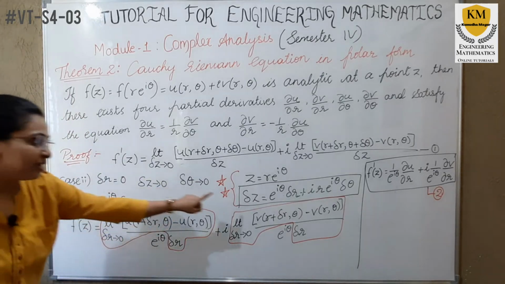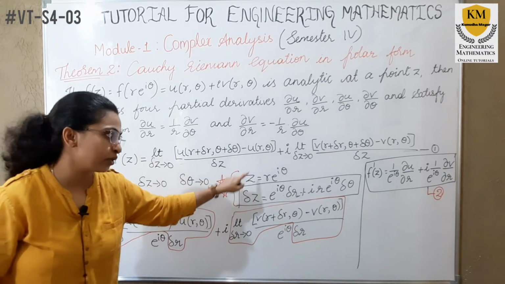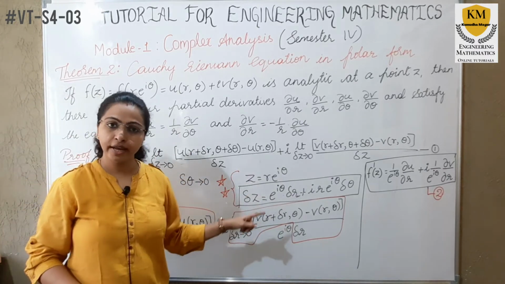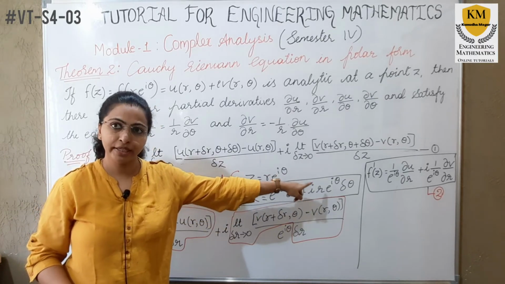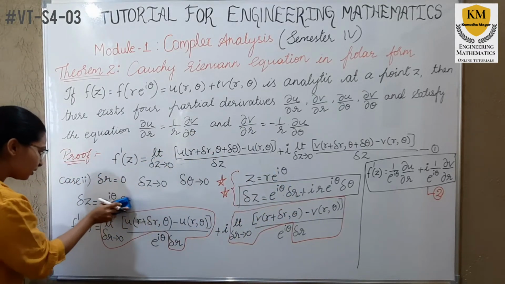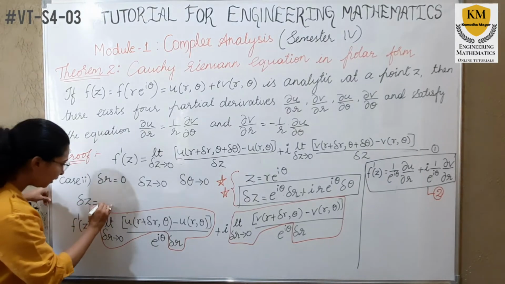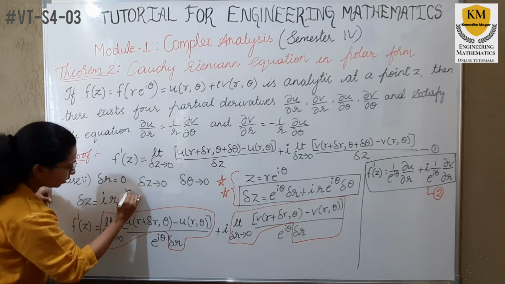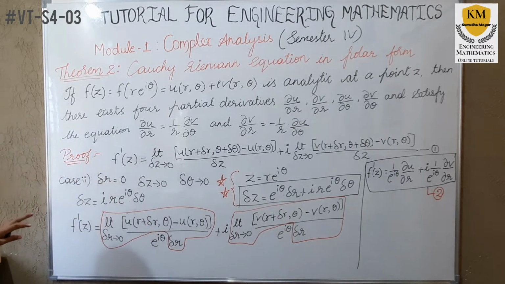Now, when it comes to del z function, this is star one. I have already told you that I am doing nothing here. I am just considering z is equal to r into e to the power i theta. When differentiating that, I am going to get e to the power i theta del r plus i into r into e to the power i theta into del theta. As del r is 0, del z will become i r e to the power i theta into del theta. That's it. The rest of the things remain the same.